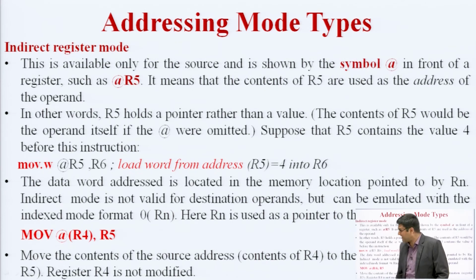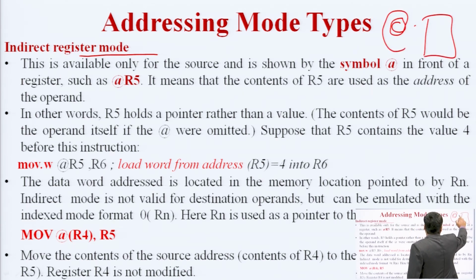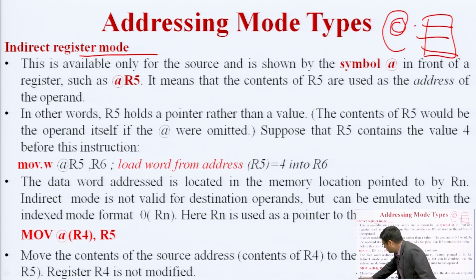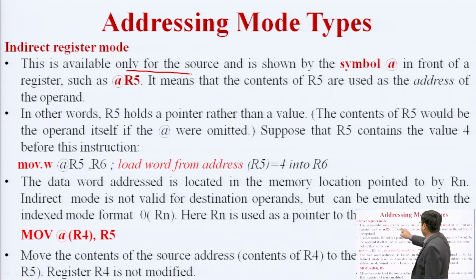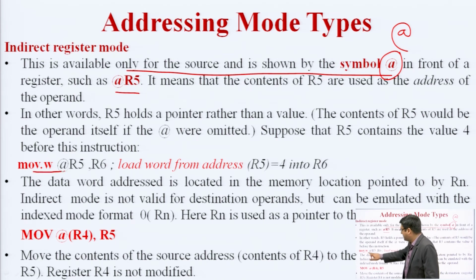Now, come to the next addressing mode, that is indirect register mode. As the name implies, indirect register, we are not dealing directly with the values, we deal through some memory location. How can we say that it represents a memory location? The @ symbol means the address of a memory location. This is available only for the source and is shown by the symbol @. So, @R5 means the address held in register R5. Through this instruction MOV.W, where MOV is the opcode and .W means a 16-bit value,